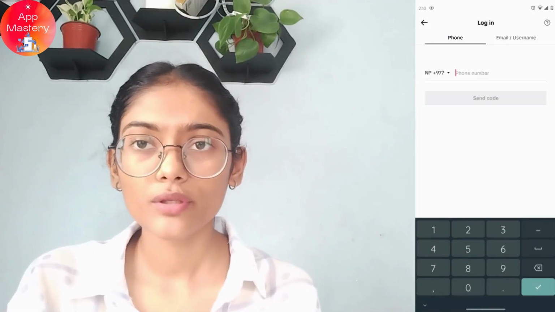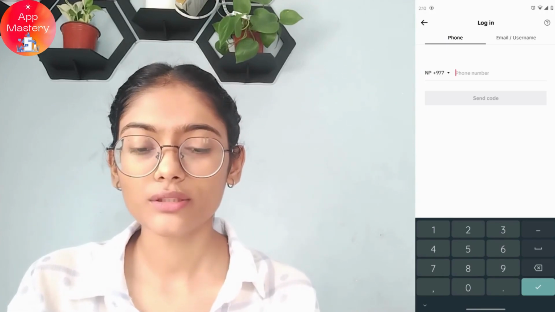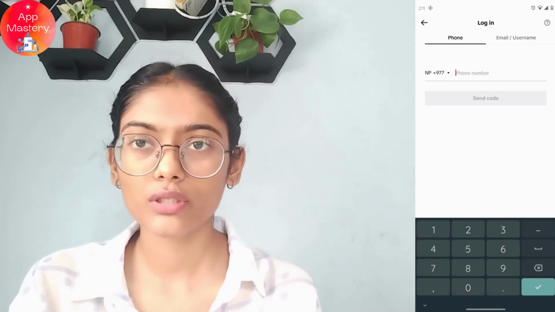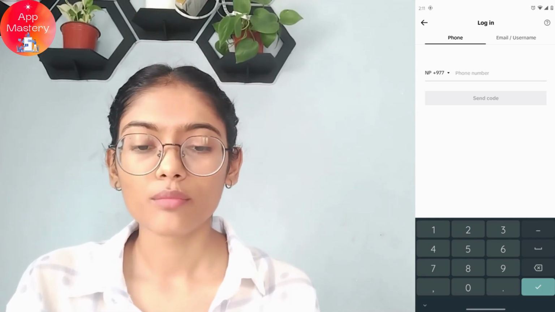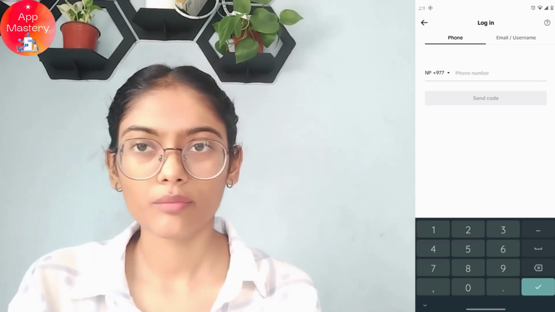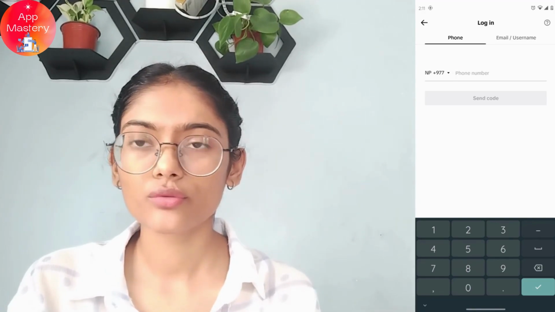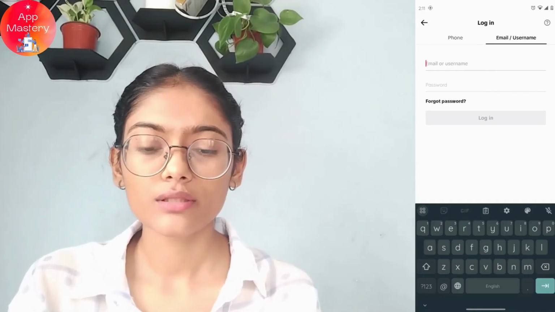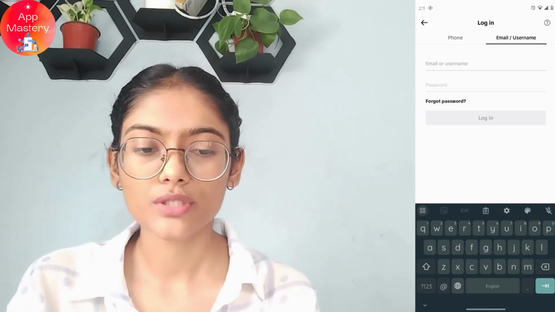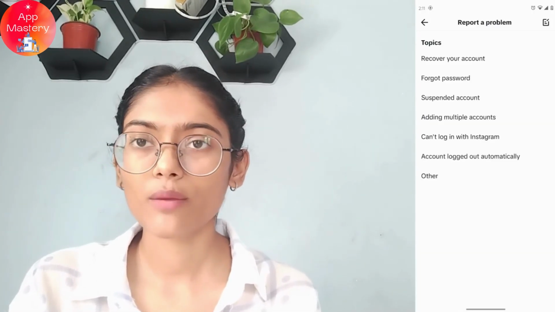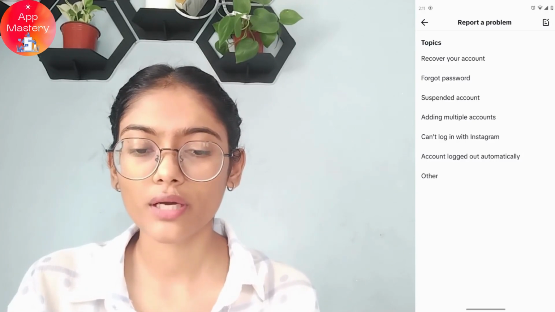So here, if you remember your phone number, then you have to enter that here, and then you can simply tap on send code and you will receive the code, and after entering that code you will be logged in. But here in this case, you don't remember your phone number or you don't remember your email address, right? So what you have to do is you can simply tap on the help icon, which is on the upper right, and now tap on the first option, which is recover your account,